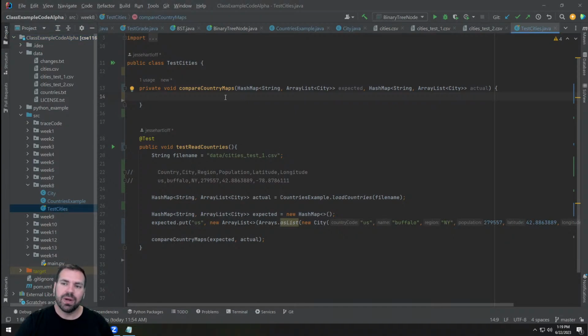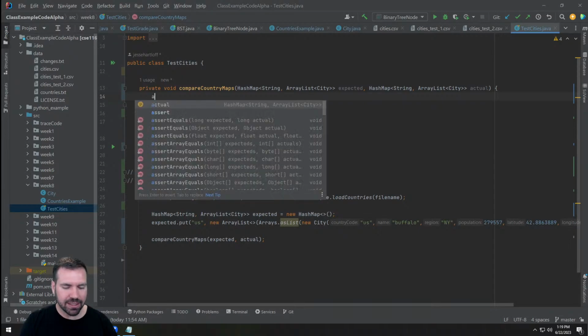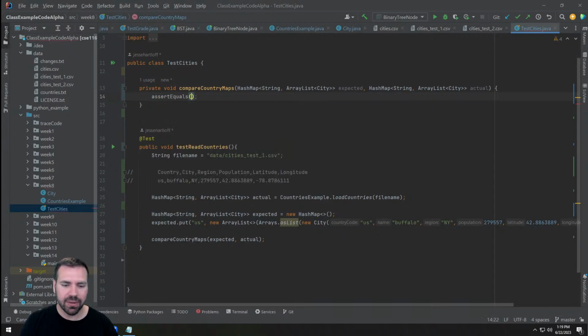So I have two hash maps. Whenever I'm comparing two data structures, and it's reasonably possible, the very first thing I want to do is make sure they're the same size. For linked lists, this gets a little bit different because we're checking if we reach null at the same time when we're going through the list. For this one, I can just straight up check their size. So my first assert, I'm going to assert equals